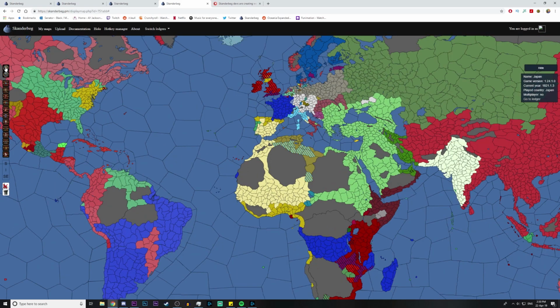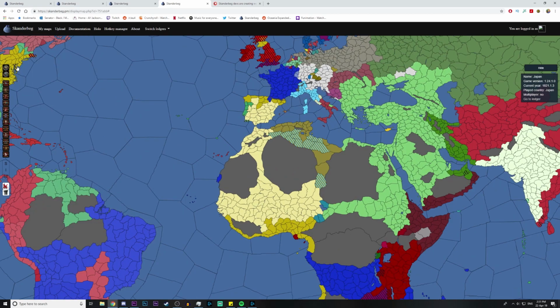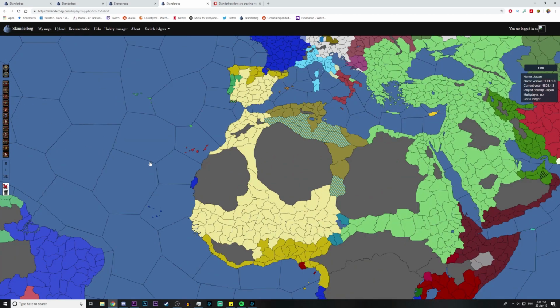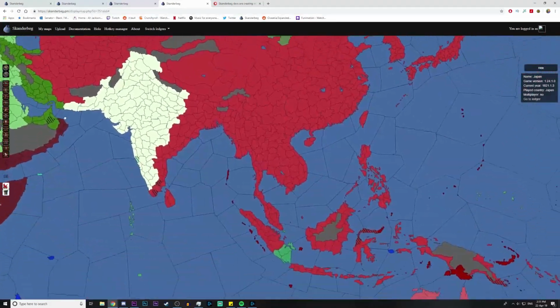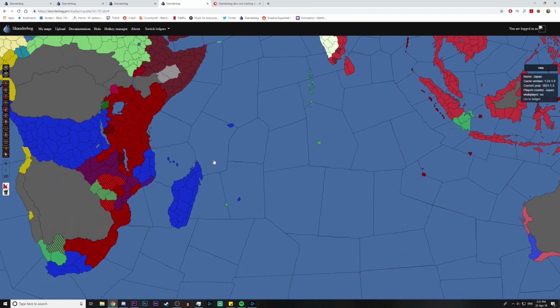I've tested this a little bit trying to figure out why this might be. Maybe it's just from using Chrome, maybe it's my high resolution so it has to render more when I move around. I literally have no idea. Anyways, we can do a whole bunch of stuff right off the bat by looking at our basic political map